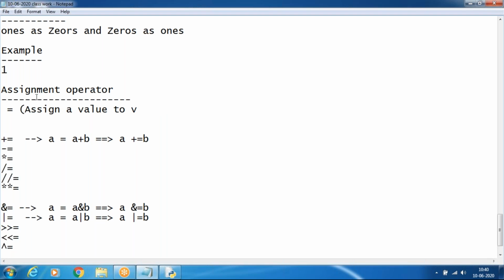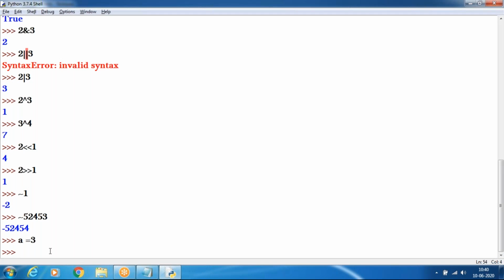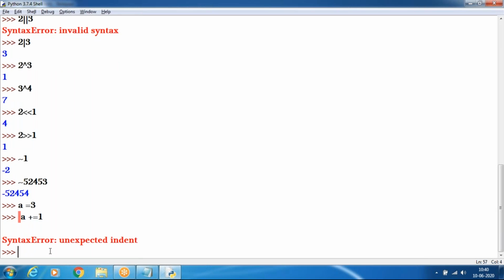We'll see it in the practical. Suppose a equals 3, and we increment the value by 1. In Python, increment and decrement operators are not available, so we use this mechanism only: a plus equals 1.